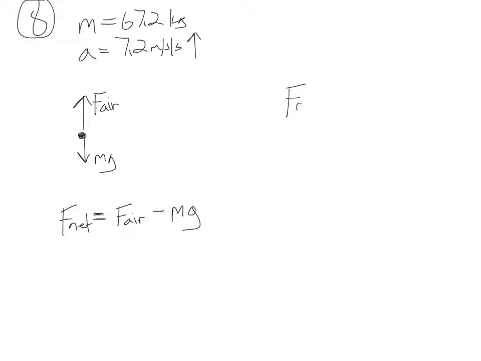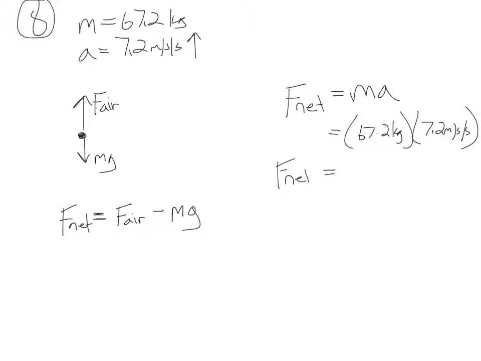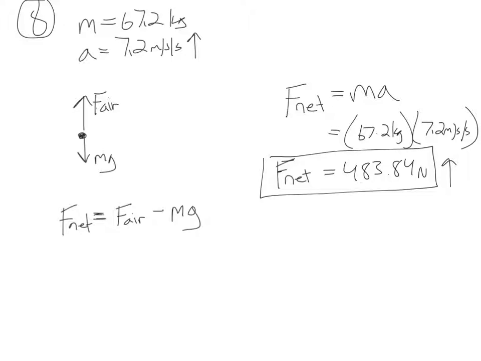And I'm also going to set up my second law over here. Net force equals mass times acceleration. 67.2 kilograms, acceleration of 7.2 meters per second squared, which gives me a net force of 483.84 newtons. That would be the net force. And if he's falling and slowing down, that net force is still positive, upward, because our acceleration was positive and upward. Alright, so we come back over here to our net force equation and say, alright,